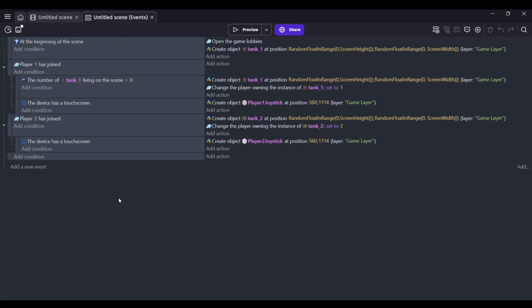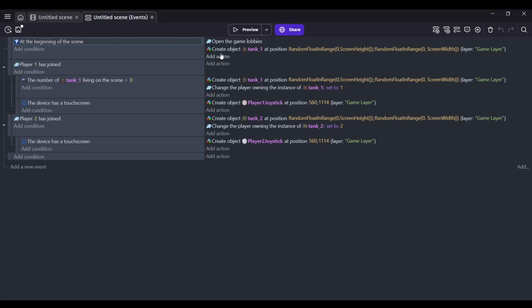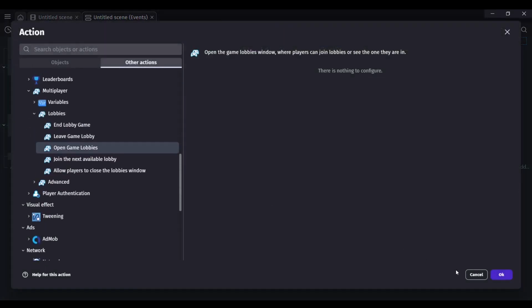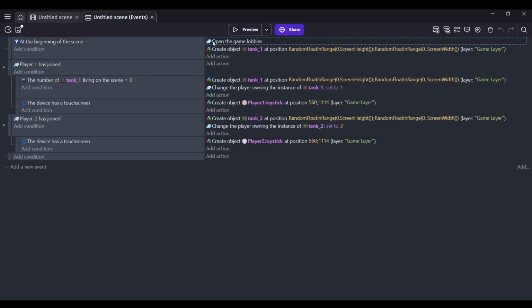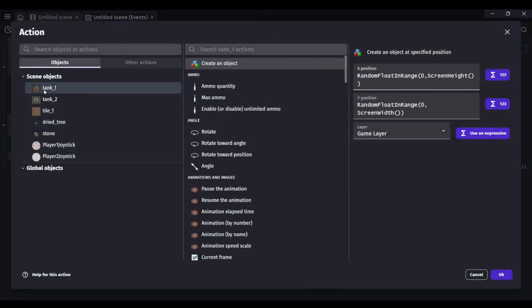So the code is here, and what I do at the beginning of the scene is I open the game lobbies, right? And after opening the game lobby, I create the tank one object at a random position. So I select tank one and then I go to create an object and then I write a random X position which should be between 0 and the maximum screen height,